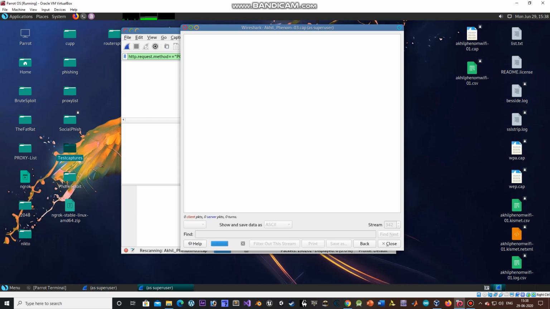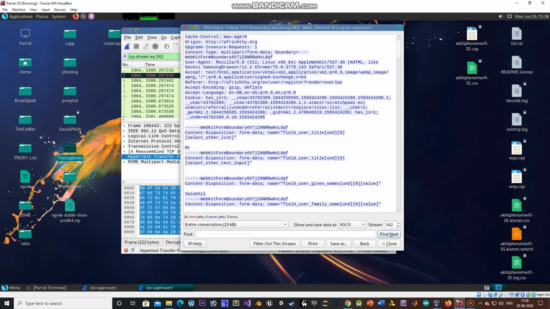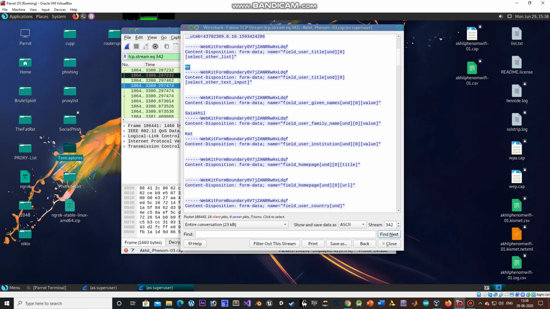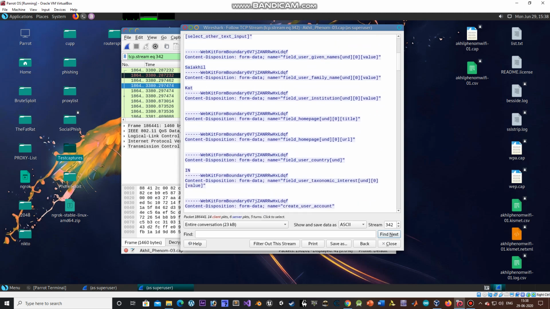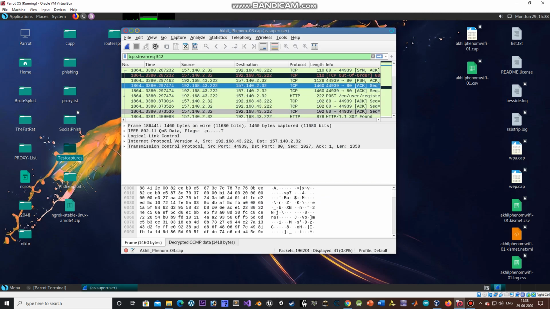So this basically gives whatever we typed in that page, and as you could see, these are all the blanks filled in that page. On scrolling down furthermore, you are going to get the email, and also this is the region India, and this is the username, this is the Gmail, and on further scrolling you could get more and more credentials. So let me skip this for now. And you have many other display filters. I'm going to post a PDF for that.